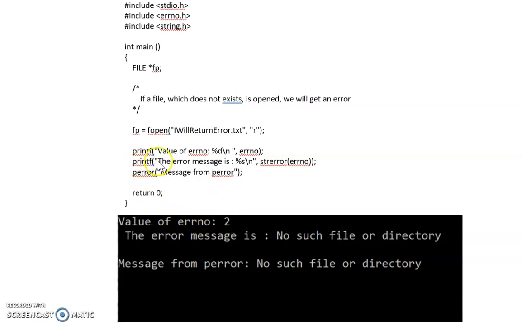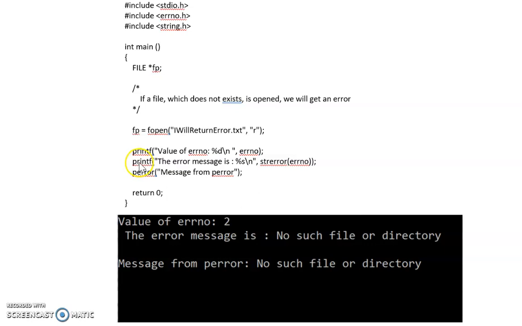Now the second printf statement, the error message is %s, but this %s will come from strerror of errno. And errno has the value 2, and the corresponding message for the value 2 is no such file or directory. So this we have printed through the pointer.